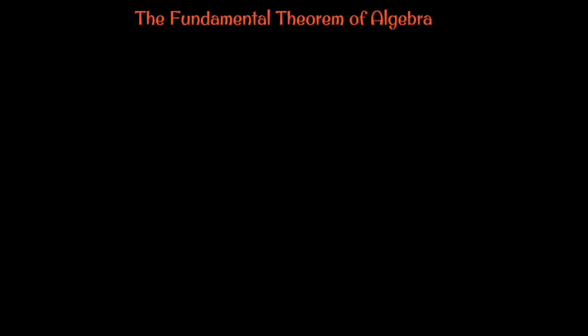Hello, in this video we're going to continue on with our discussion about the fundamental theorem of algebra. As we said in the past several videos, the fundamental theorem of algebra describes the relationship between the degree of the polynomial and the degree and the total amount of zeros of that polynomial. And in the last video we discussed irrational zeros, and the one prior we discussed real zeros, and now we're going to discuss